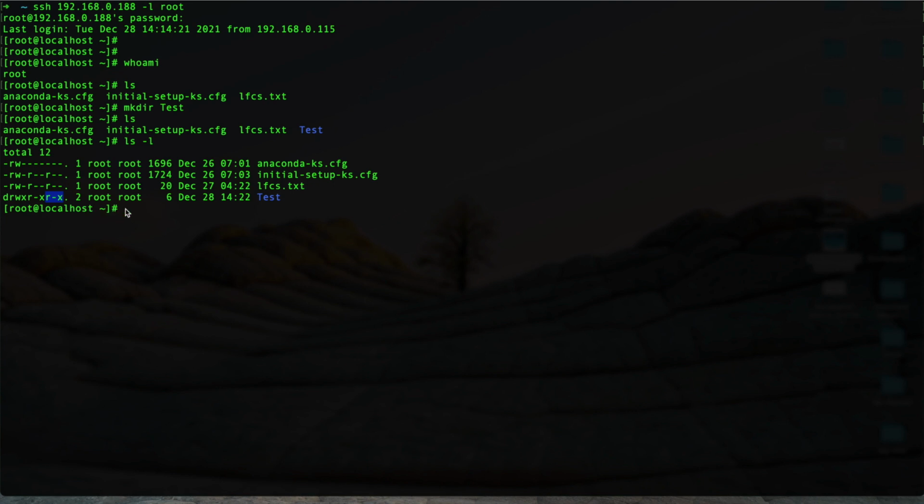Now you see the next one is root. That means the owner of this file or the directory is root. And the next root is the group, that the group owner of this file is also root. Okay, so for example, if I log in as a different user,